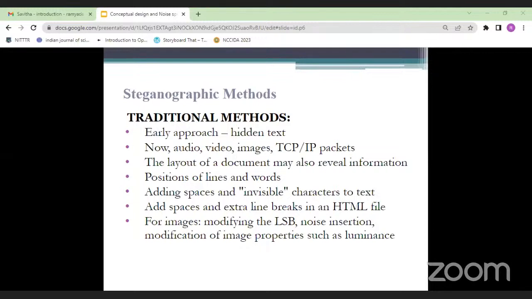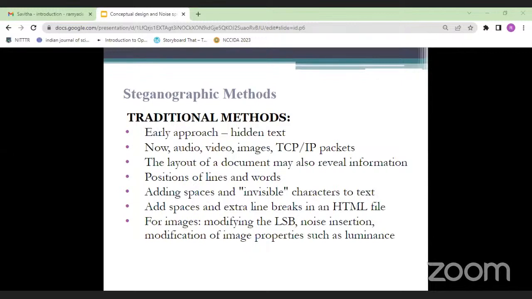The layout of a document may really reveal information, such as position, lines, and words. So we can conceal data within documents by adding spaces and invisible characters to the text.